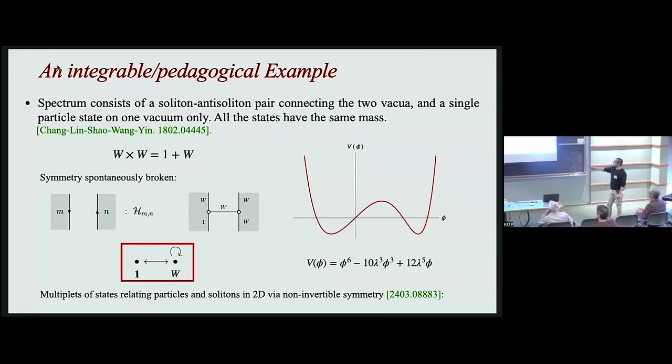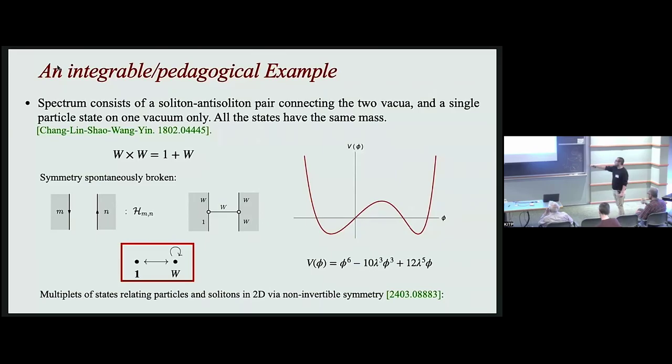And what we're going to do is basically define different Hilbert spaces with different boundary conditions at the left and the right. In this case, because the symmetry is spontaneously broken, we have these boundary conditions to the left and to the right. Here I have drawn a finite interval, but we should think of this as the infinite left and infinite right, quantizing the theory on a line. In our case, these labels are going to be 1 and W, which are basically the symmetries of the theory. And we can see here that we can interpolate from one Hilbert space that has 1 and W at the left and the right to a Hilbert space that has W and W.